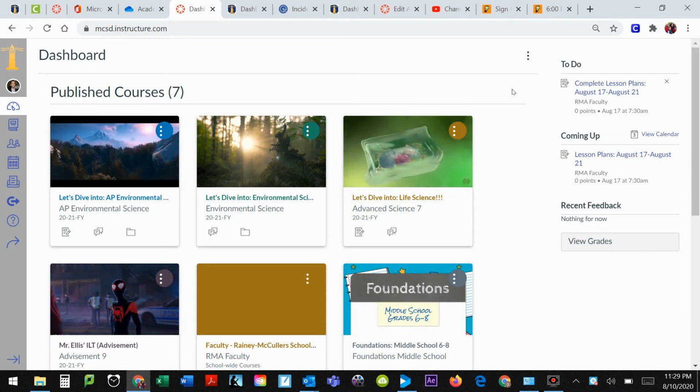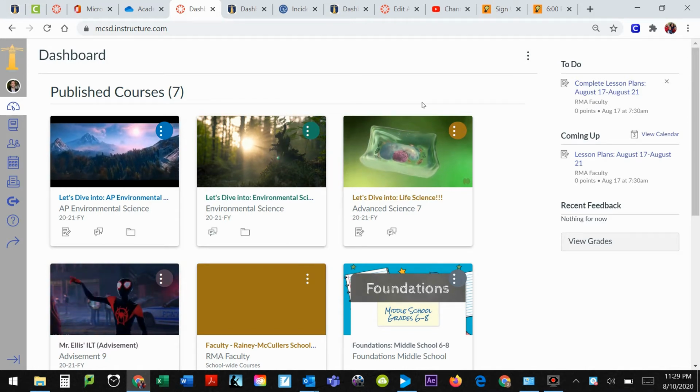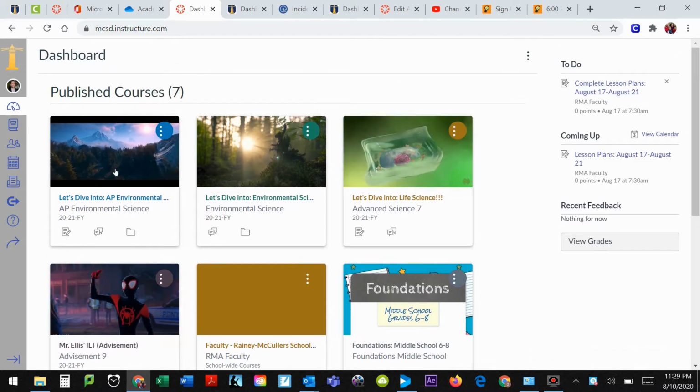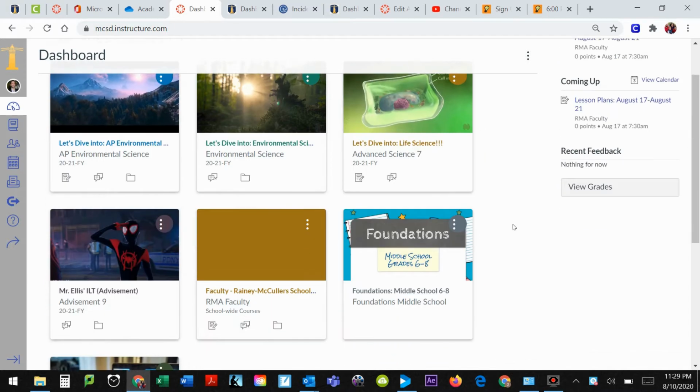So let's talk a little bit about your calendar. Once you've logged into Canvas and you want to know what's up for the week, what have I got assigned, what's due, when, all that kind of stuff. Well, if you want to look and see ahead of what you have planned or what's in store for you